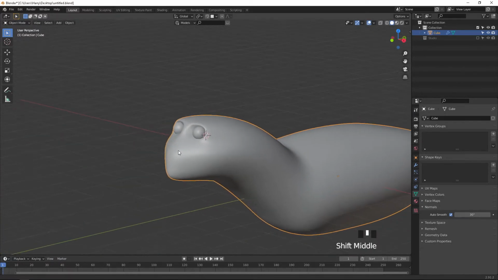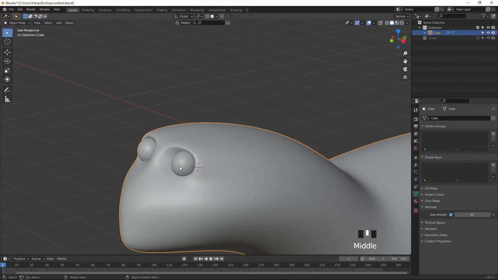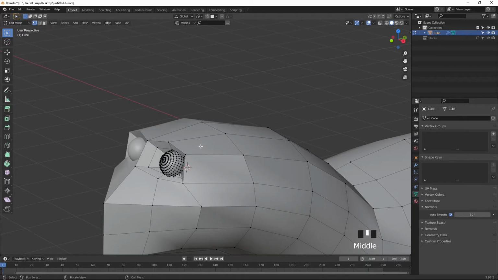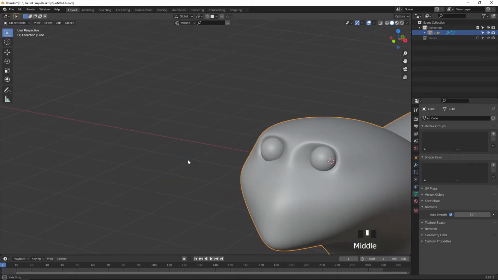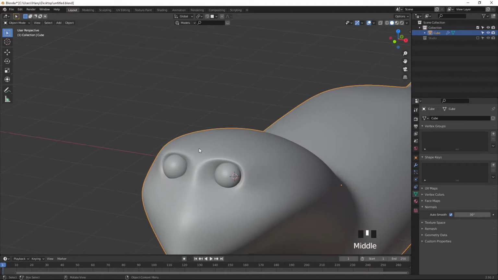Okay, here we are going to create one shape for the eyebrows.